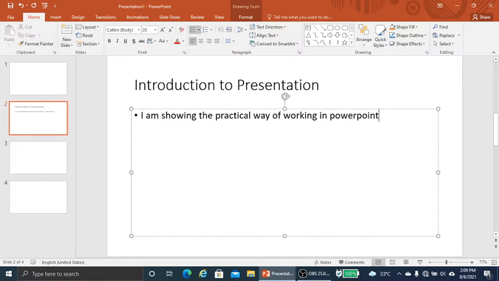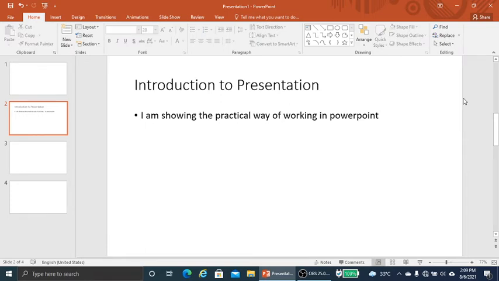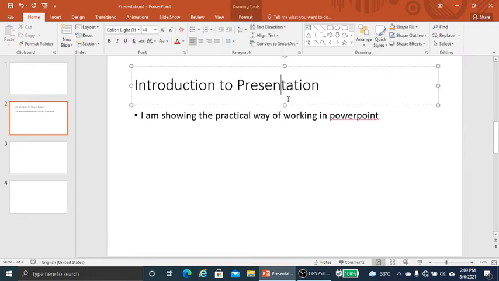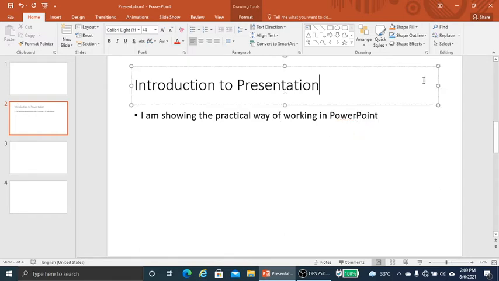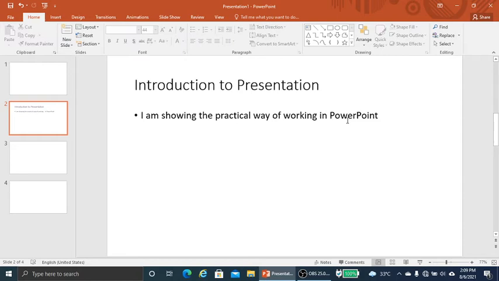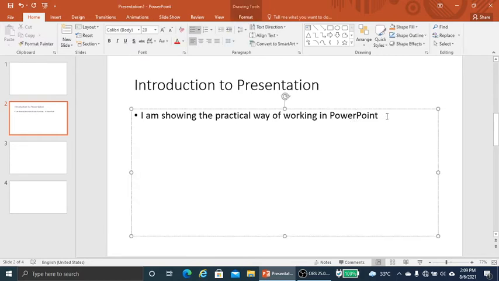So this is how you can insert text in a slide. You can see here, this is one placeholder, this is another placeholder, and I have inserted the text here. Suppose I want to insert further text in this one, so I will just click in this placeholder, and then I can go on writing further text.